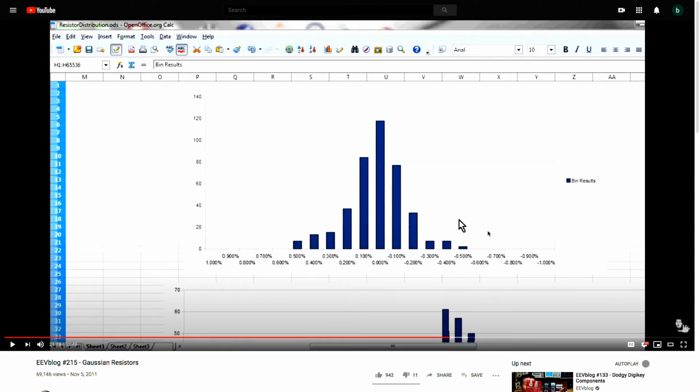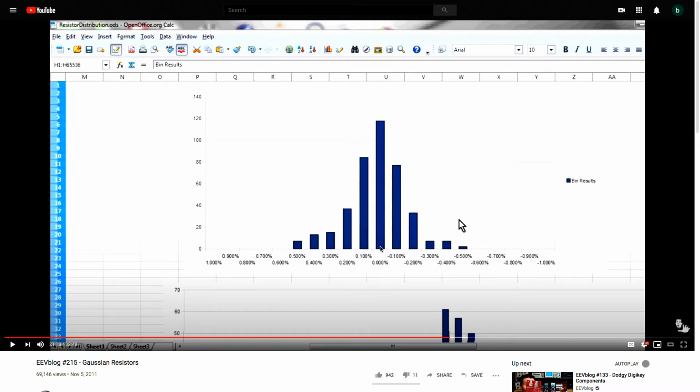But he took standard metal film resistors with a tolerance of plus or minus 1%, like we typically use in iSim or have in the stock room. And he asked, well, what does the distribution of these resistors actually look like? I mean, is it uniform between minus 1% and plus 1%? Is it something else? And so he actually took a tape that had through-hole 1% resistors from Philips, and he measured 400 of them with the same multimeter,